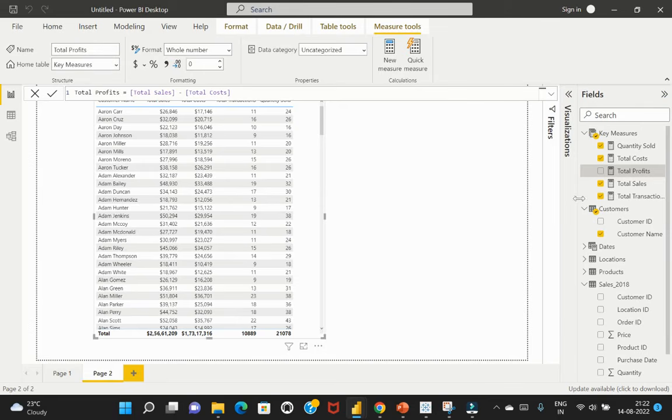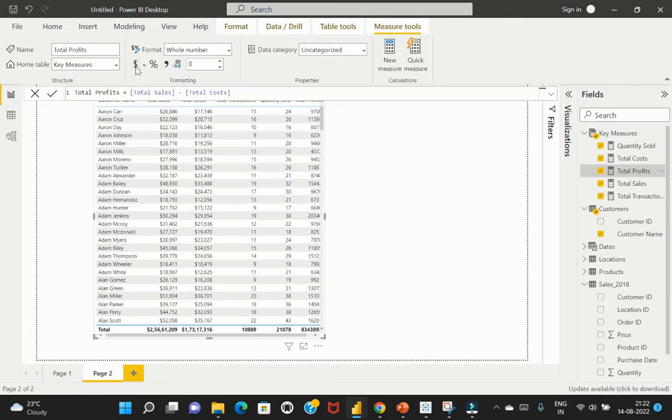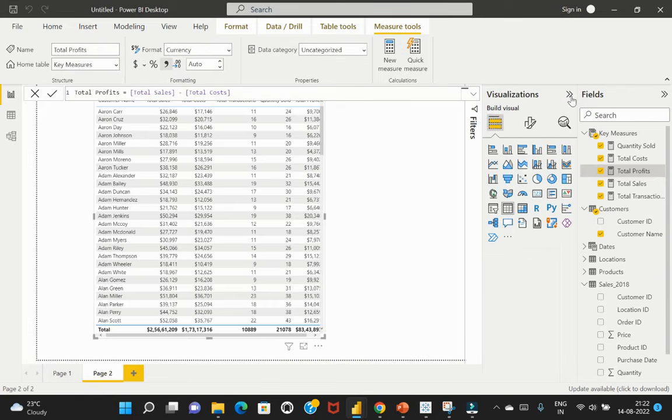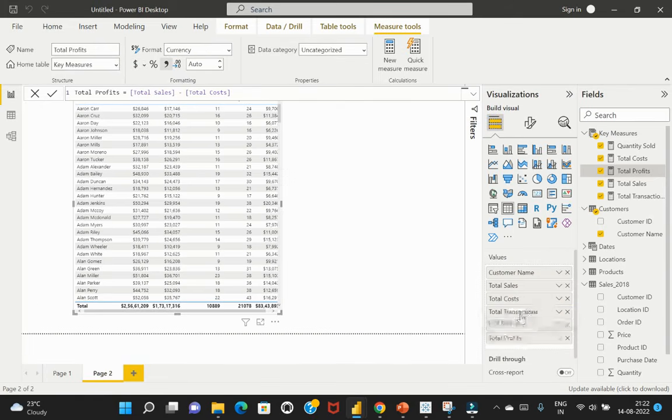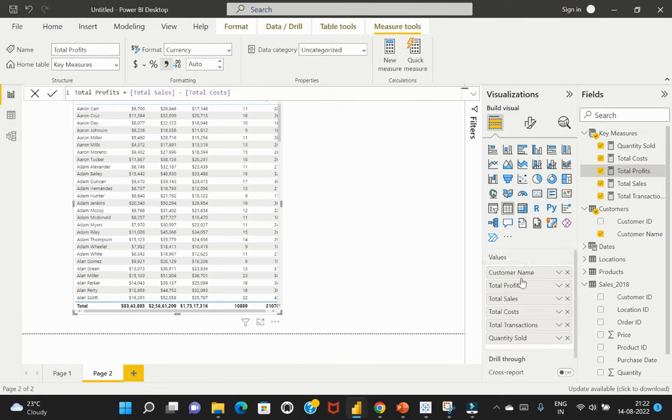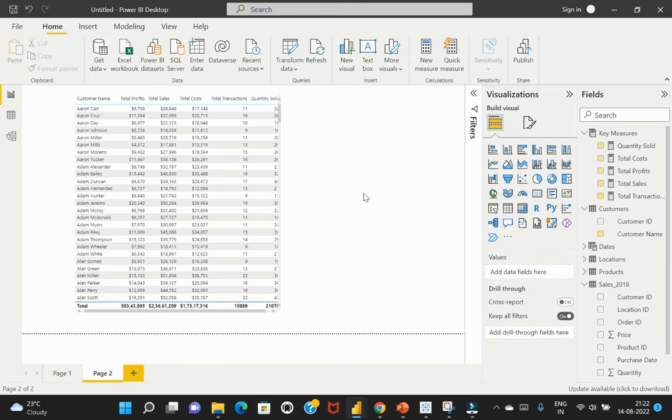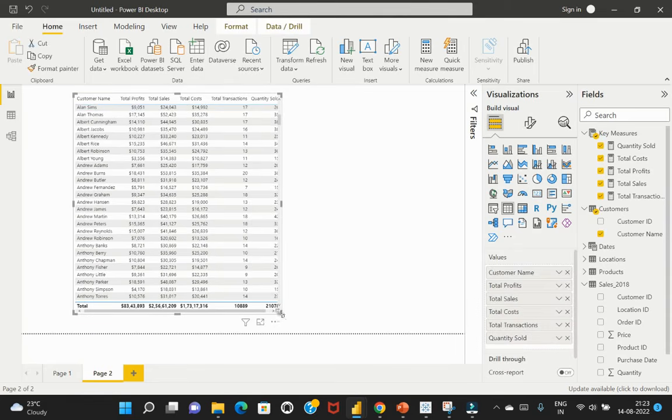And I'll also select this table and add this total profit and format it with dollars as we did earlier. And maybe I will bring this. Okay, perfect. So I've reorganized all my data within this particular table. As you notice, now we have the profits, sales, cost, and the transactions along with the quantity sold. Okay, so next what we'll try to do is,